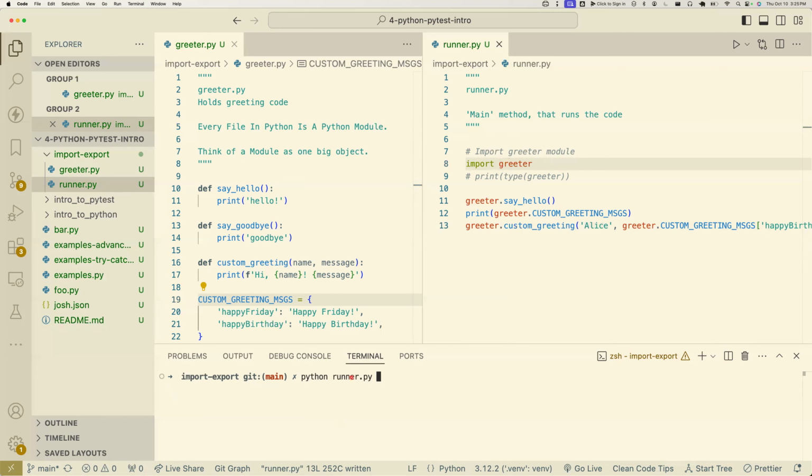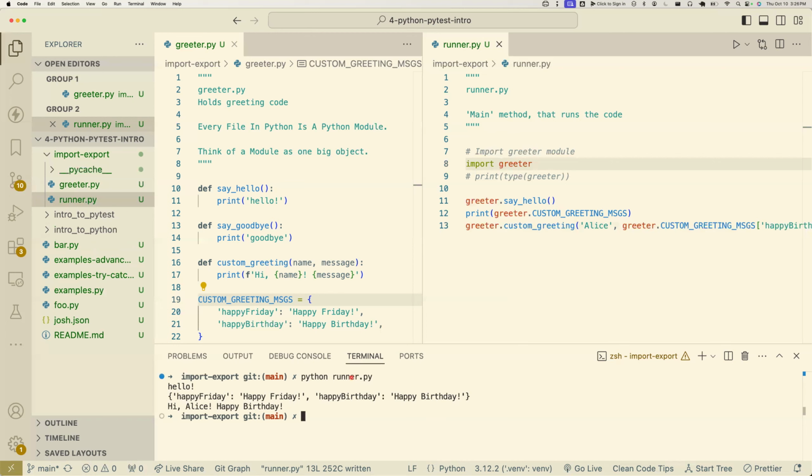Python is going to look in the same directory that I run this command from. That actually raises a good point. Make sure you are running this command in the same directory where runner.py is, which is also where greeter.py is. Gotcha. When I run that command, Python, when it sees line 8,